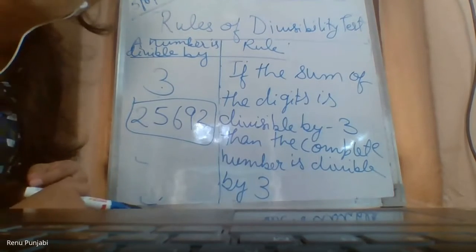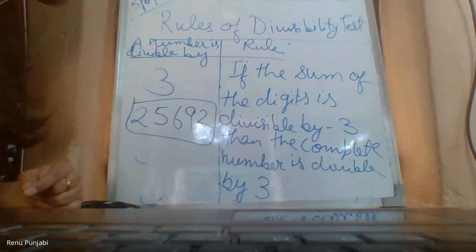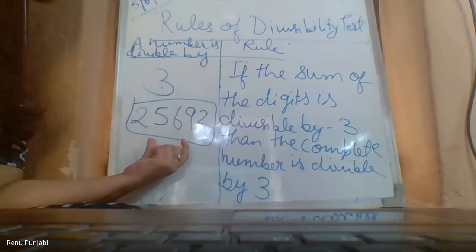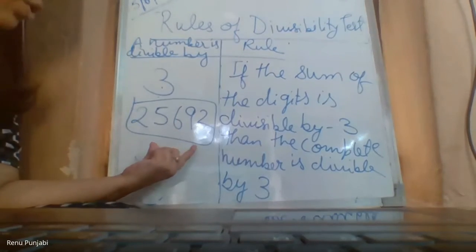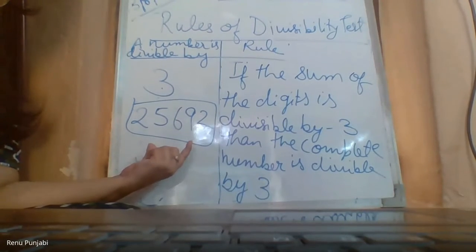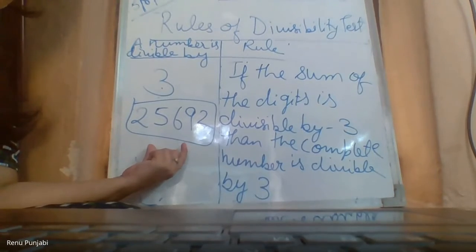2, 5, 2, 5, 6, 9, 2. Mute yourself. How are you able to study in such a loud noise coming from behind? Sorry, ma'am. This is a 5-digit. Don't write this. I am announcing again and again. Don't write this. Yes, Twisha, good. Don't write this. This is just an example. Twisha, mute yourself. Sorry.